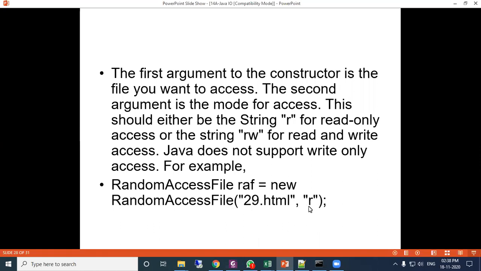Here two strings are passed: the first string is your file name 29.html, and comma R. So the HTML file will be opened in read mode. So this is the method to open a file using the RandomAccessFile class. Okay, so all of you note down this syntax.